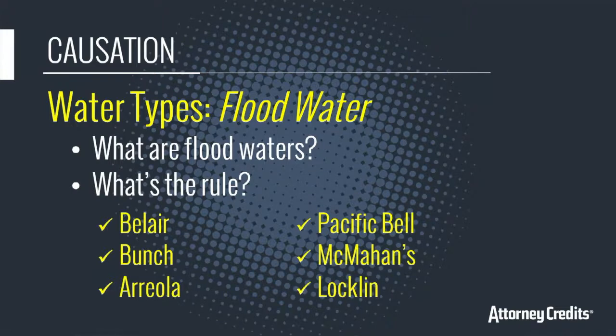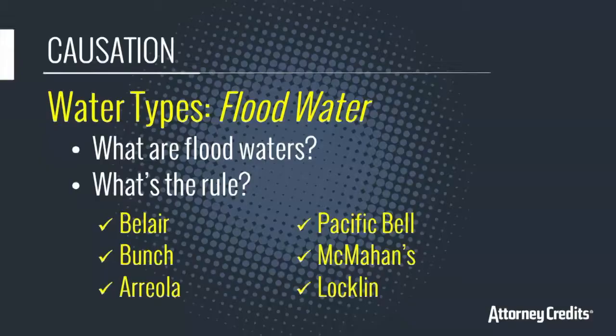But what Areola brings to the table is that the entities started to do something and then they stopped, right? So this ties into what we talked about early on with substantial participation. You may recall that I said that in some contexts, substantial participation could mean omissions, right? So here you had these entities taking some affirmative action that was preventing the flooding of property by clearing the vegetative buildup, and then they stopped. And the court looked at that and said, that was unreasonable. You knew the risk of flooding and you didn't do anything about it. Or you stopped doing something about it. And so inverse condemnation under the Areola case.